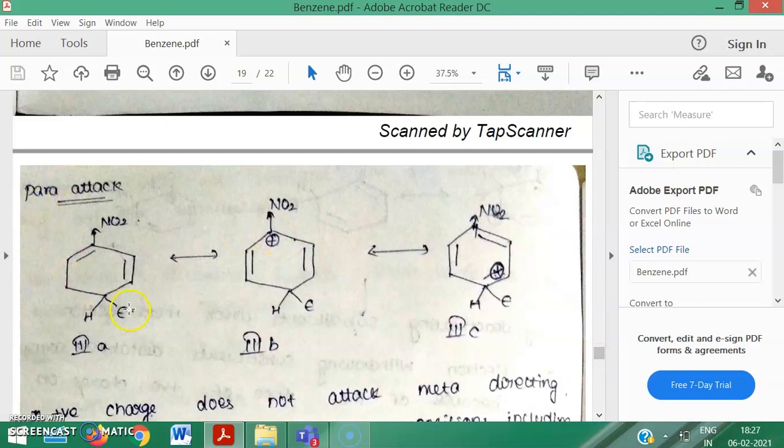Whereas in the para attack, what happened? Already the positive arenium ion lies on the directly attached carbon which is attached to NO2. Destabilization already takes place, and since it is getting a positive charge, it is a more destabilized state. This can